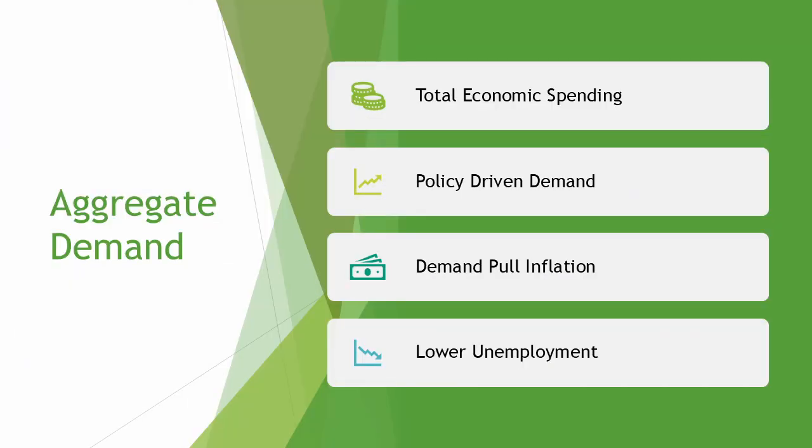Aggregate demand is the total level of spending on goods and services in an economy at different price levels over a given period of time. Macroeconomic policies create changes in aggregate demand as fiscal and monetary measures influence consumption, investment, government spending, and net exports. The impact of these changes on inflation is that an increase in aggregate demand tends to cause demand pull inflation where spending grows faster than productive capacity. The impact of these changes on unemployment is that higher aggregate demand usually reduces unemployment by increasing output and labor